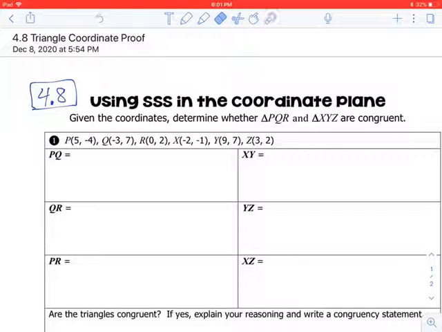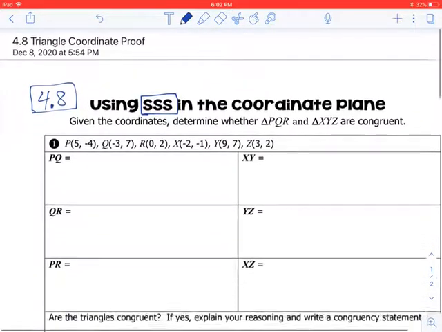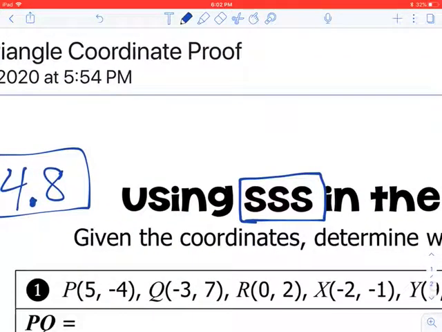All right, geometry. We are finishing up chapter 4 here. 4.8 talks about the coordinate plane, coordinate proofs, really. So what we're doing is we're trying to figure out, are the three sides, so we're trying to use the side theorem. So to use that, we have to know all the sides of two triangles are congruent to each other. Okay, so to find that, using coordinates, we're going to find the distance between each point, or the side